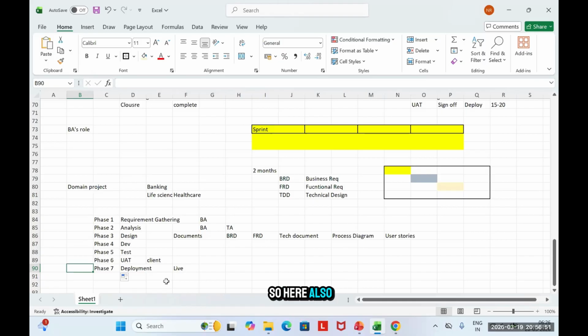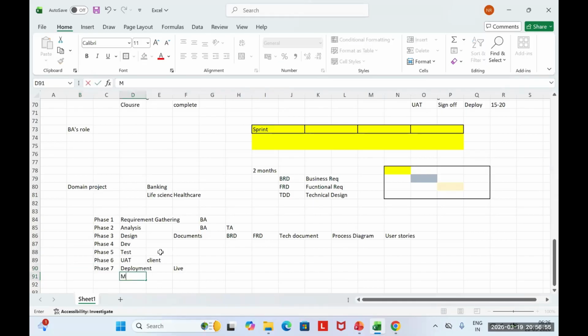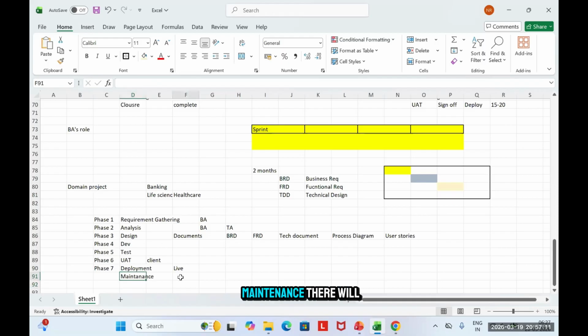So here also, when we have delivered our product, there is a part that is known as maintenance. I'll have to maintain that product. What happens in maintenance?